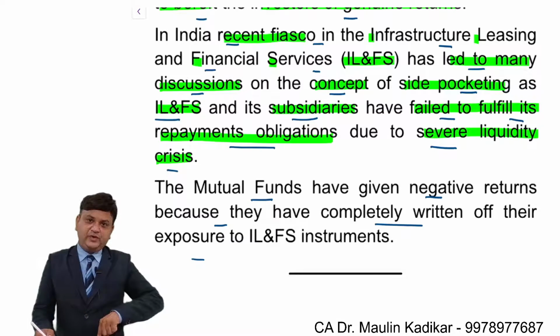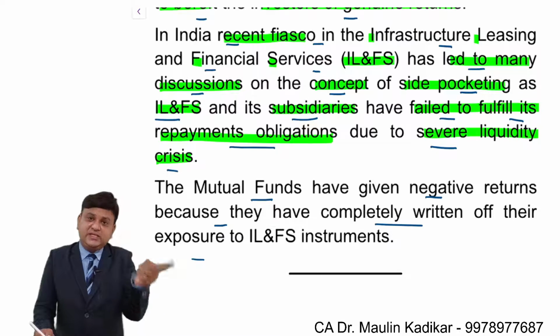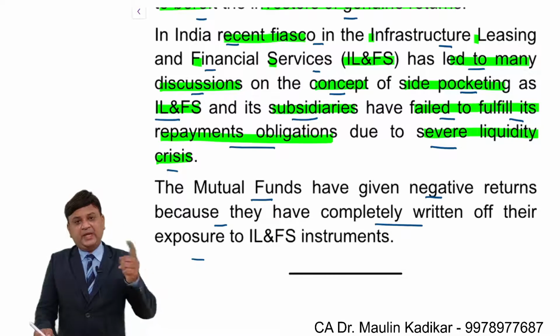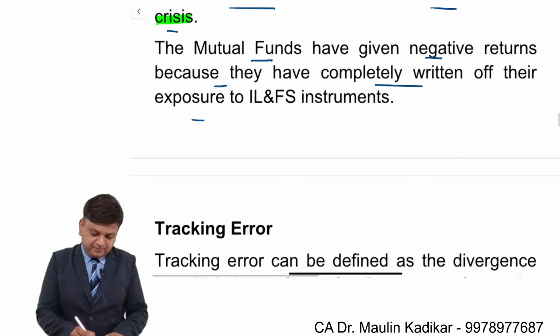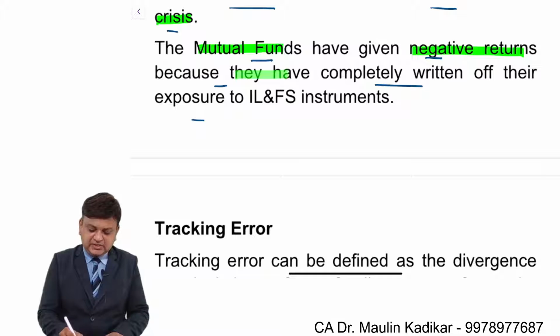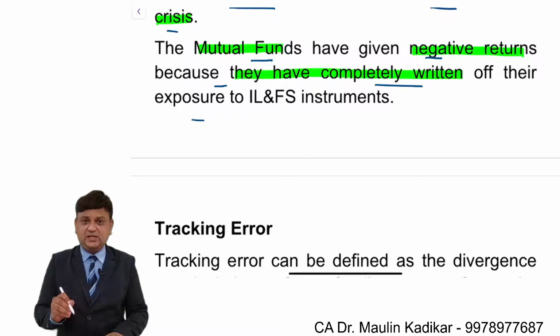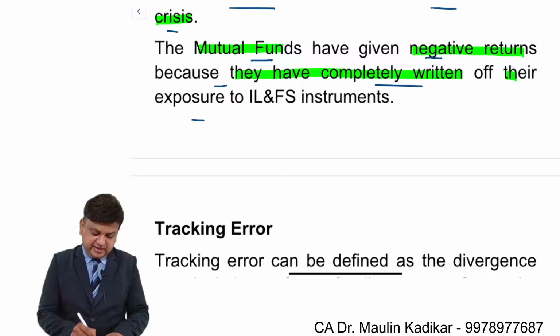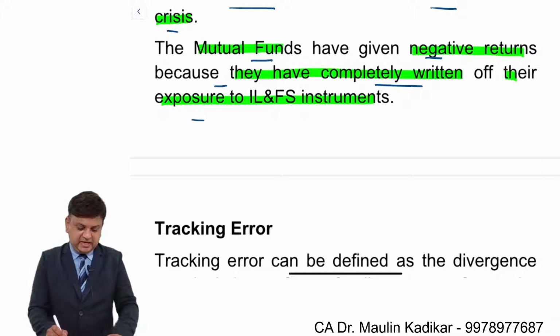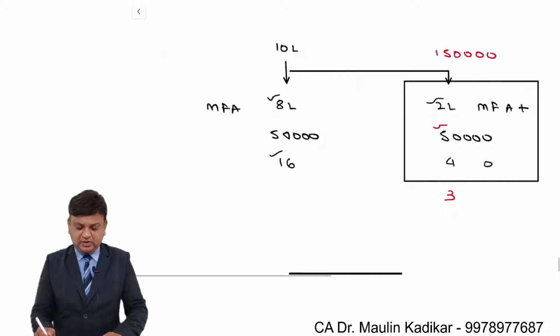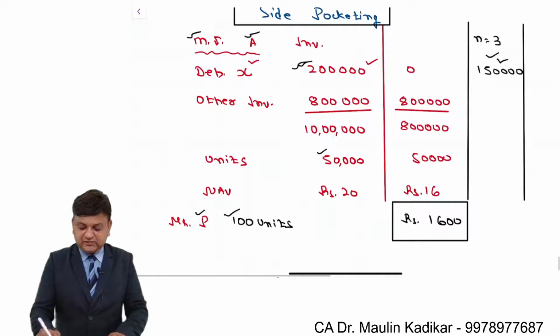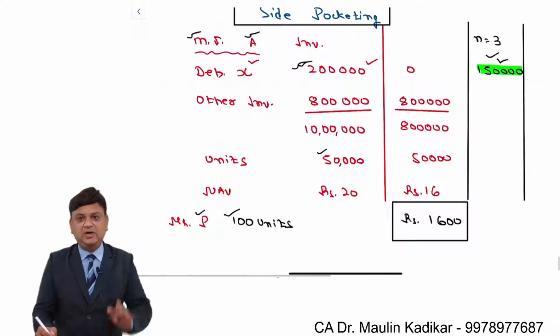Those mutual funds who made investments in this security have to write off their investment, and because of that their own NAV is reducing. Now mutual funds have given negative returns because they have completely written off, understand it, completely written off their exposure to ILFS instruments. And one important point, friends, I would like to tell you is that when this 1,50,000 is received earlier, not now,